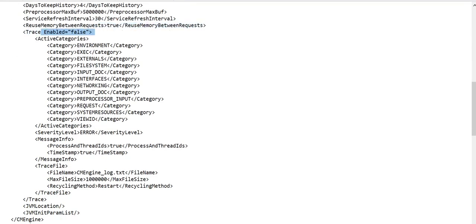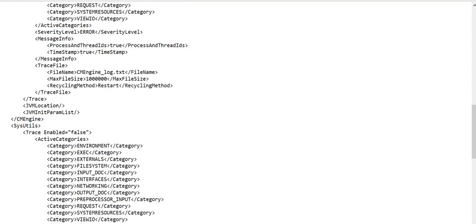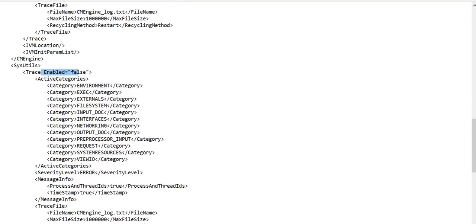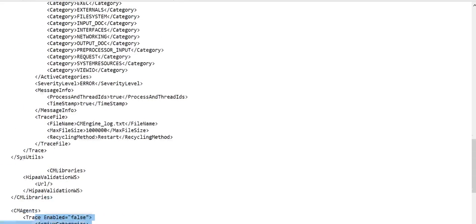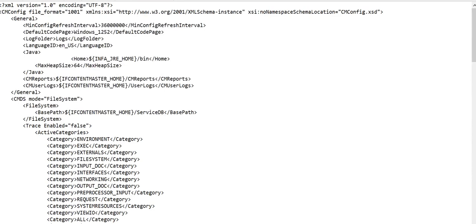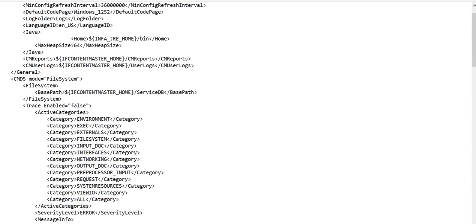One more occurrence here, one more CC utils we have, there also one more occurrence, and at the last again CM agents we have one. So four places actually we need to take care of. So instead of going one by one, which can create a mess, we will go for a shortcut way.